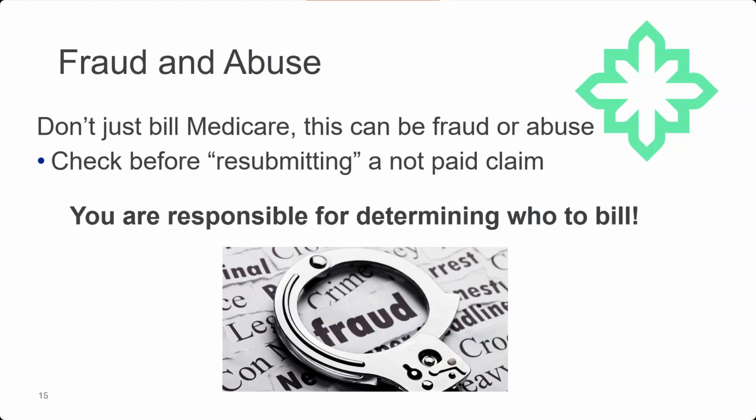It's when you bill us, it looks like it's all good, we make a payment, then the MA plan comes in and enters the system, and the system, the common working file, which is the communication hub, issues us an order to take back the money based on the claims that were paid. So it's really your job to check and do all of that before we have to determine any of it. So I just wanted to make everyone aware of that it is considered sometimes fraud, sometimes abuse, most of the time abuse, simply because you didn't know. So, please be aware of what you're doing there, but it's your responsibility to determine who to bill before you bill.